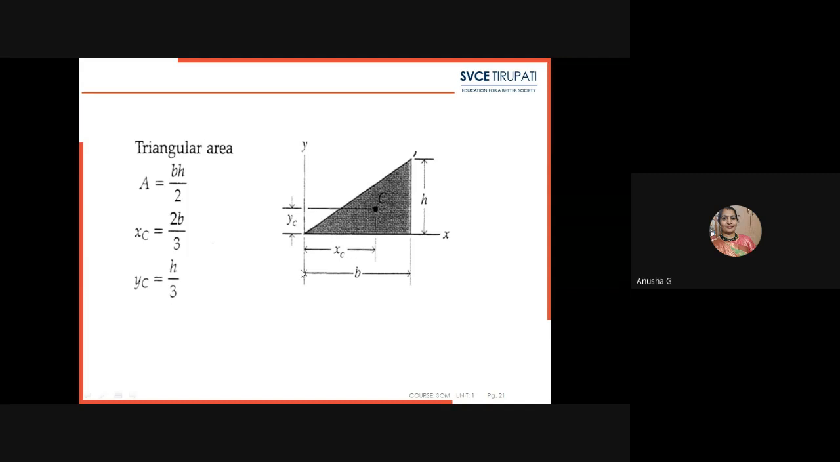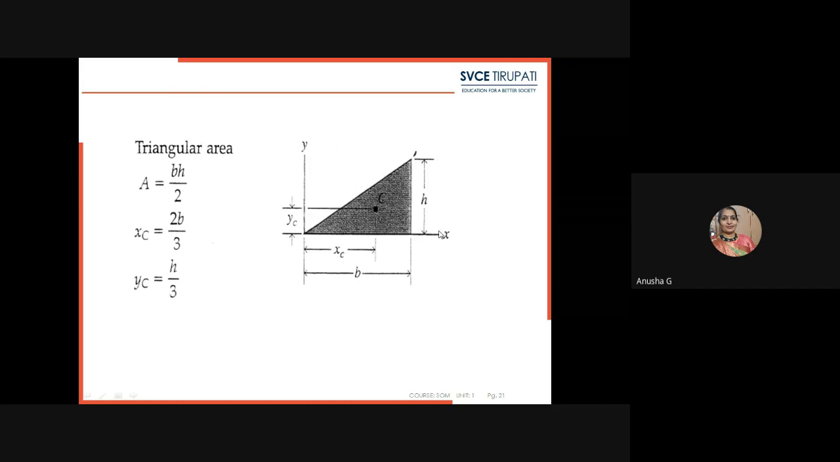Similarly, if you are considering the centroid for the triangle shape, what is the first thing you have to calculate? The area of the triangle is half into base into height, b h by 2. This is the area of the triangle. Then whenever we are considering the centroidal distance from the tip, here you can consider